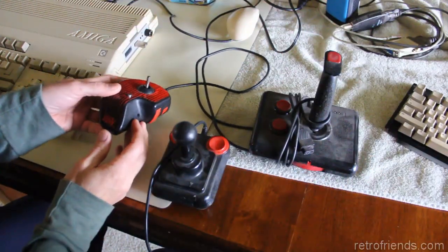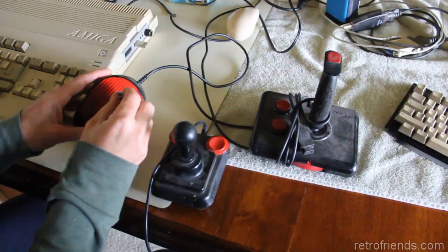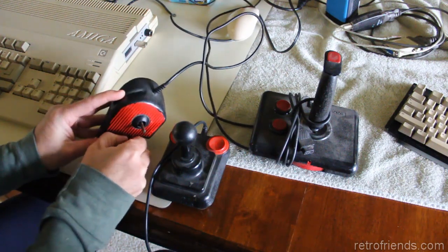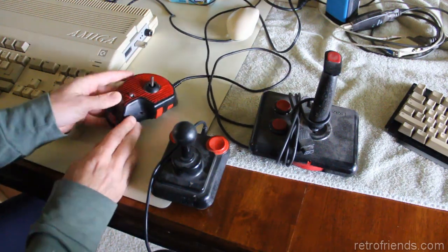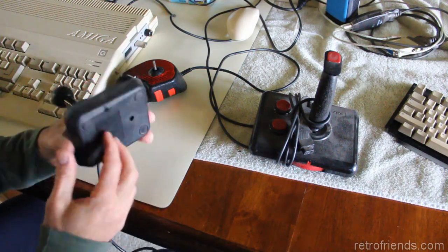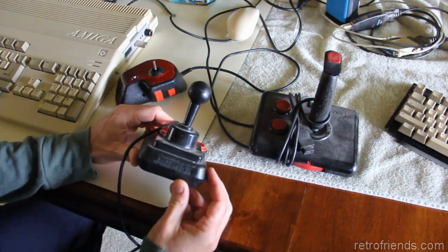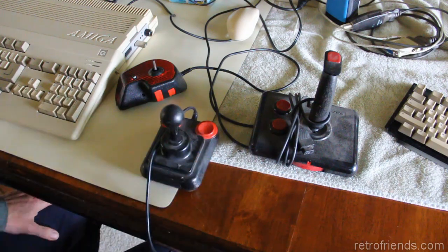So this is an Epix 500XJ with its fire button stuck down and no handle. It actually comes with an auto fire function. We'll have to see. It really is kind of crappy to move that slider. This one doesn't have a brand on it, but I think, wait, here it is. Competition Pro joystick. Okay, yeah. There's been some emulators that actually have joysticks like this, but